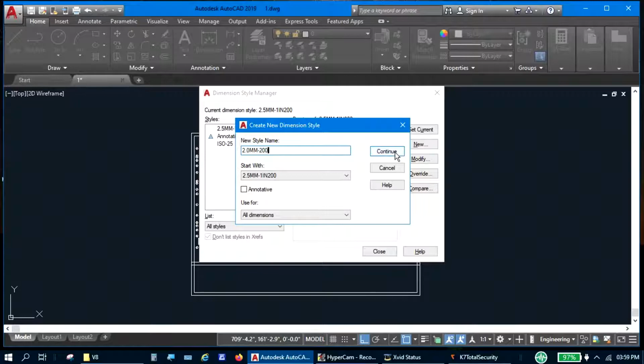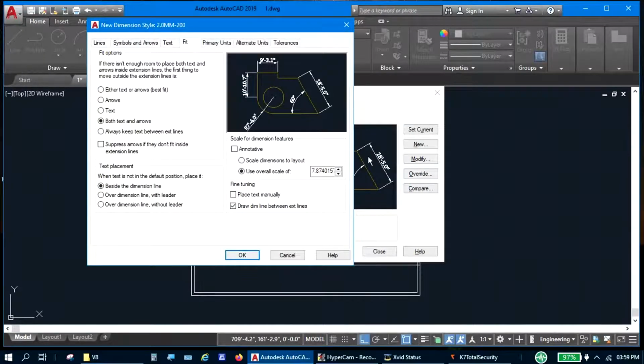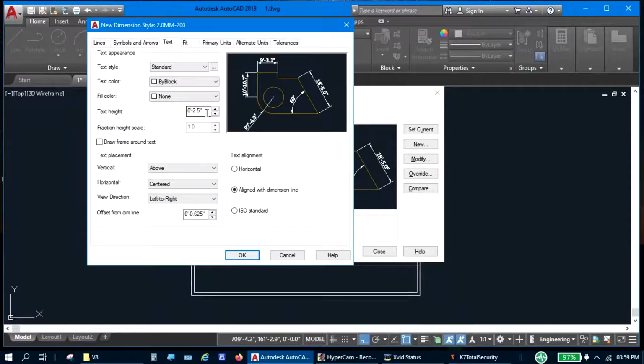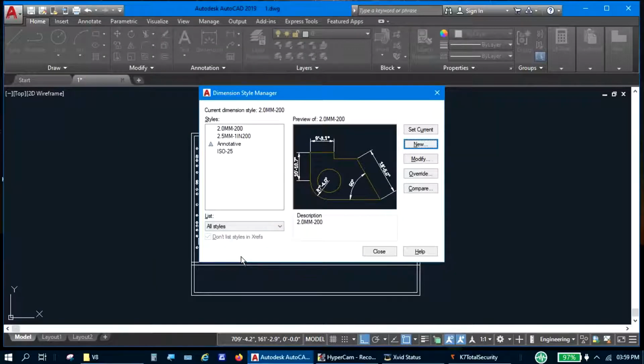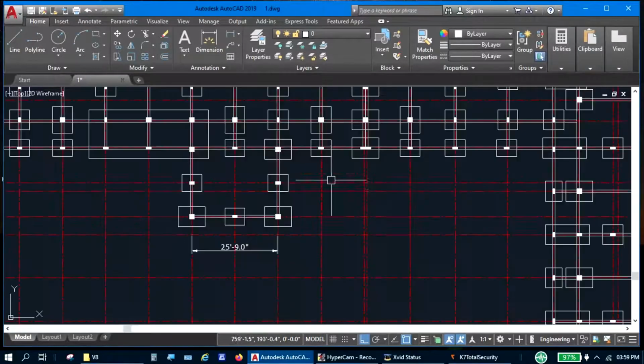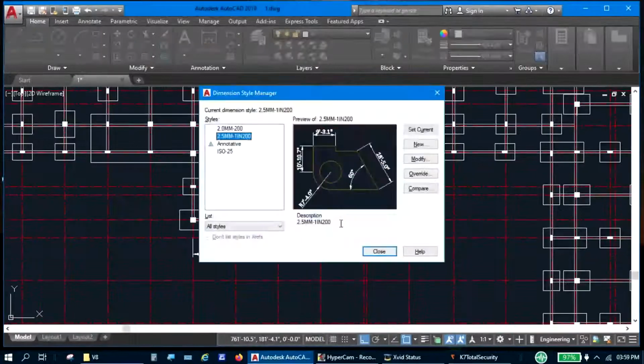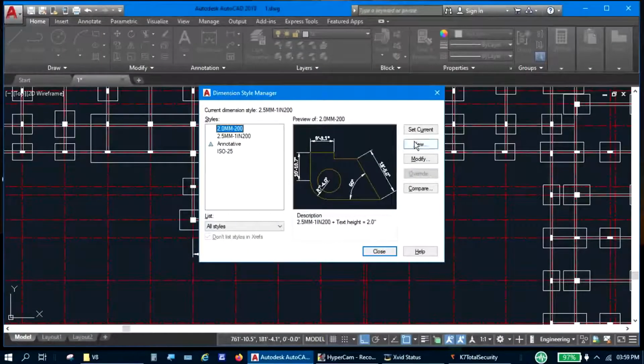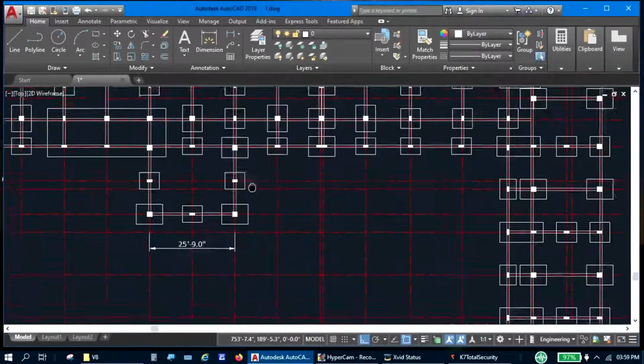The value in number shows in inches in this dimension style is equal to millimeter. So if you want to change the dimension text height to 2 millimeter, just I enter 2 in text height. Okay, I close it. For an example, I draw some dimension with 2.0 mm text height also.